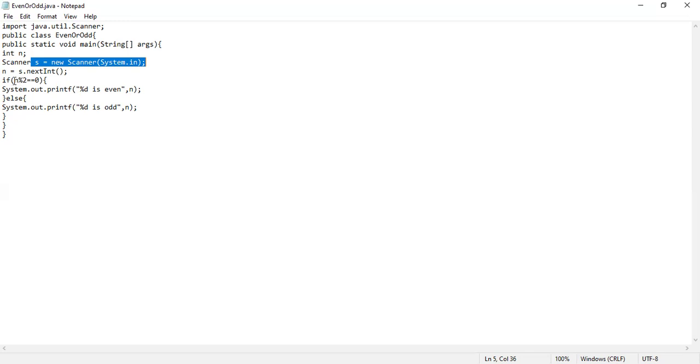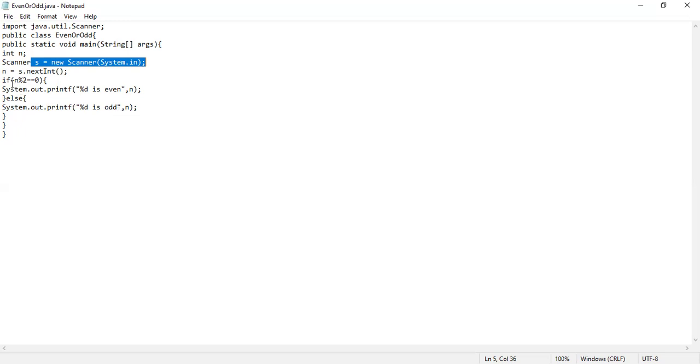Here n is the given number, and the given number should be divisible by 2. When the number is divisible by 2, the remainder should be 0. Here the condition checks whether the remainder double equal to 0 is true, then the condition is true, and so the number is even. If the remainder is 1, which is not equal to 0, this condition is false, and it goes to the else part, which says the given number is odd.